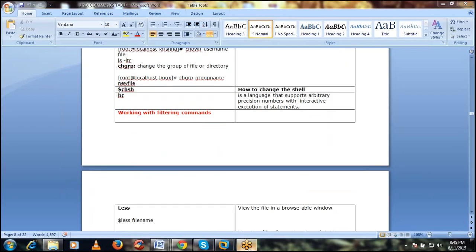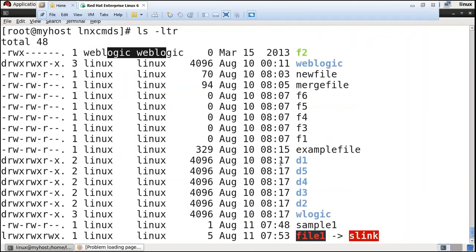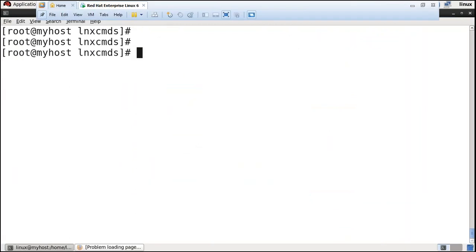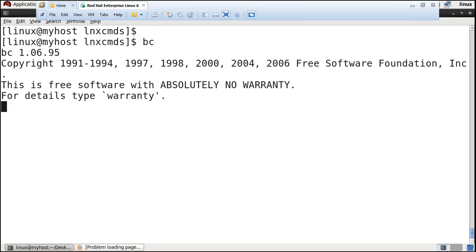And how do you do some arithmetic operations, like the calculator in Windows, which you open with the calc command? Similarly, here we have the bc command. You use it like a calculator.